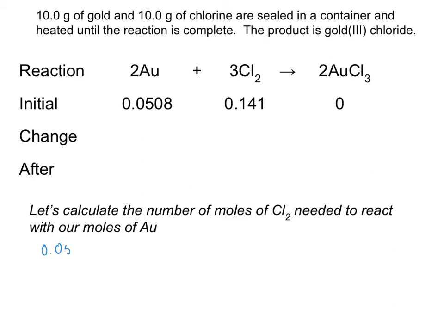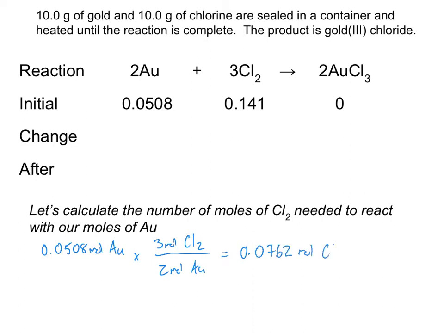We said that we're starting with 0.0508 moles of gold. We can see from our balanced chemical reaction that we need 3 moles of Cl2 to every 2 moles of Au, which tells us that we're going to need